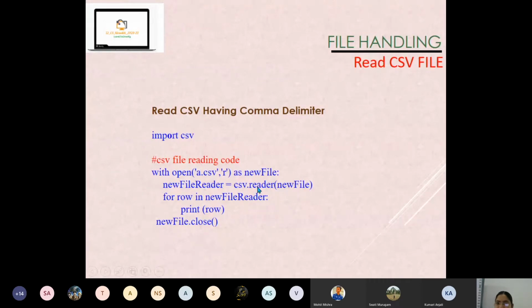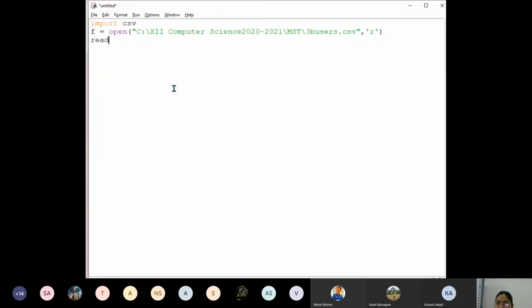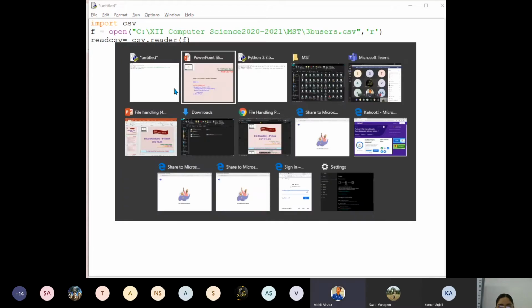CSV dot reader. So now one reader object. So read CSV is my reader object. CSV dot reader, from which object we are reading? F is the file, isn't it? So now F is the file object, reader. Now this content is available in that object.